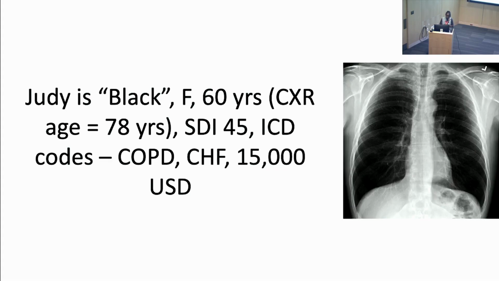And you could say my chest x-ray age is 78 years, which means I'm aging faster than my real age. And my social deprivation index, which is just a mark of where I live in terms of health impoverishment, can be encoded on the images, and this is high. And I have COPD and congestive heart failure, and I'm going to spend $15,000 in the next 1 year. This is a big problem. This is one of our big things that we work on here at the HITI lab, but we don't know